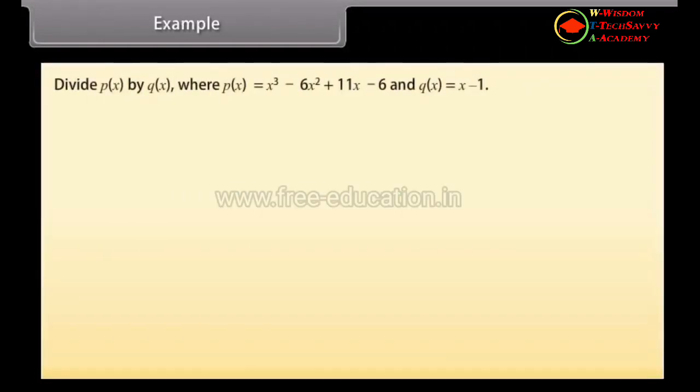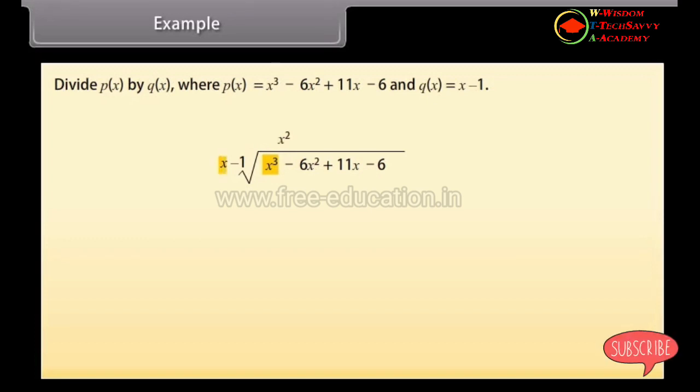Example: divide p(x) by q(x), where p(x) is equal to x cubed minus 6x square plus 11x minus 6, and q(x) is equal to x minus 1. We can write it this way also. The next step is to divide the first term of the polynomial. The first term should be the one with the highest power by the x part of the factor. In this case, you divide x cubed by x to get x square, which you then write at the top